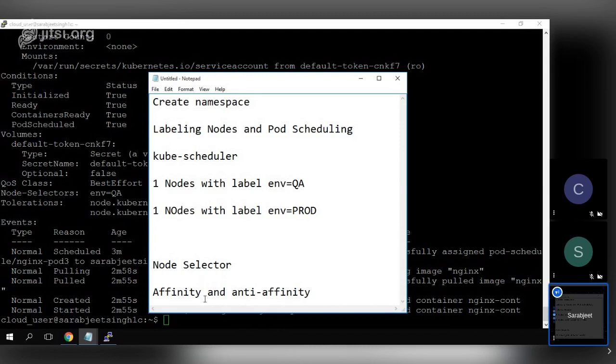Like it should create a pod or it should destroy it. Okay, so those preferences we can give, like, okay, I want this, but this is my preference. But yes, if the kube scheduler is not able to find or match that requirement, but I still want to run that pod, in that case we can give the preferences. So